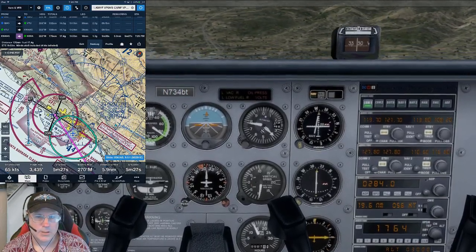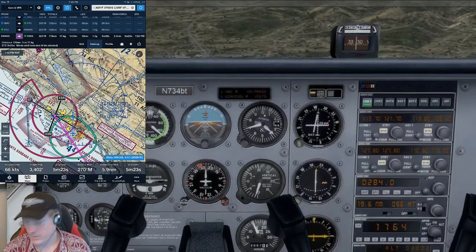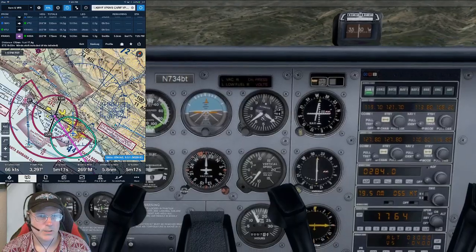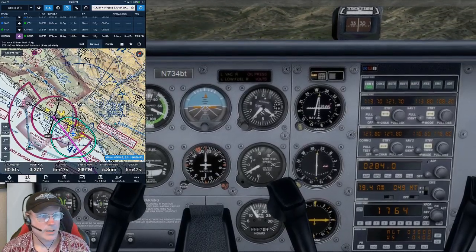All right, so we're still descending quite rapidly, kind of faster than 10. Let's see if I do flaps for that. How many? Do 10 degrees of flaps since I'm in the white arc. See on the airspeed indicator, the needle's in the white arc, means I can drop flaps. And